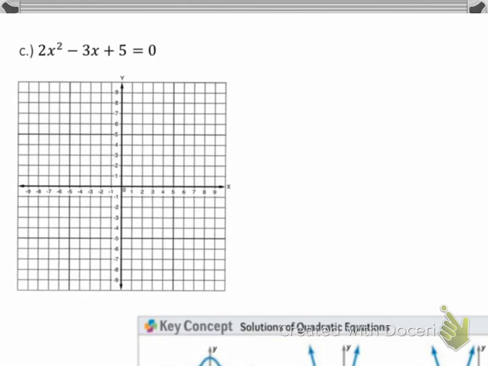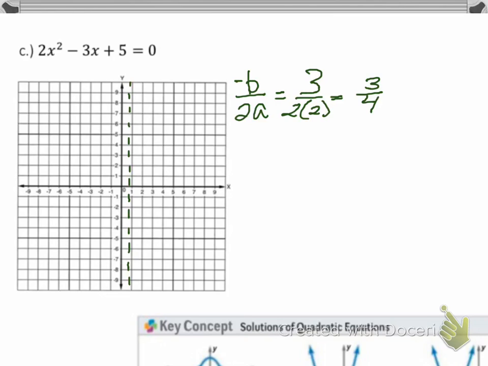And then our final example here, so again, I'm going to start with that line of symmetry, opposite of B, all over 2A, so that's going to be +3 all over 2 times 2. So I am going to have 3/4 as my line of symmetry. I know that's super inconvenient because it's not a whole number. That's okay. We're going to estimate here. So I'm going to put my dotted line not quite on 1, but very close to it,